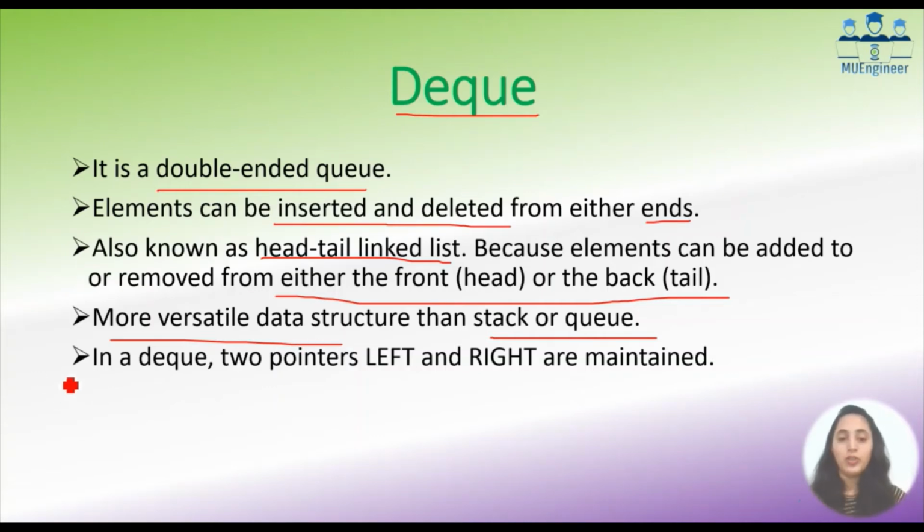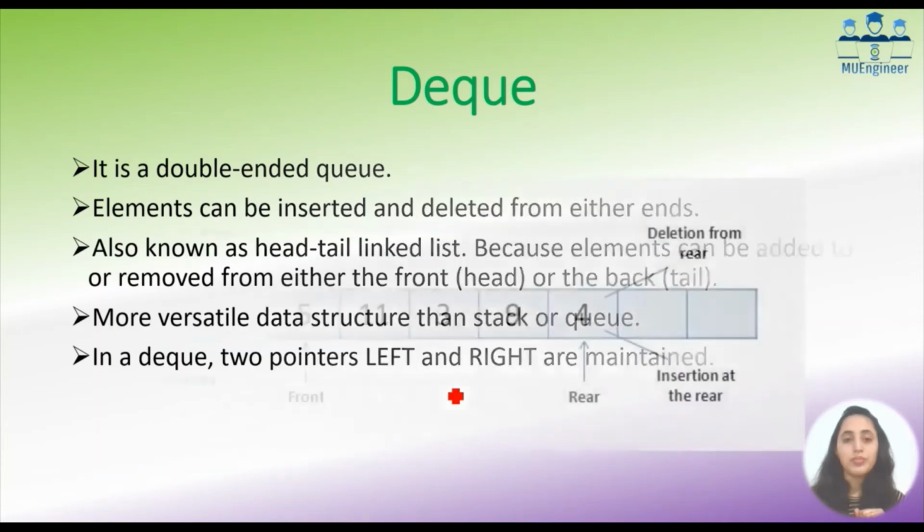In a double-ended queue, there are two pointers, और उसको pointers का नाम हम लोग देते हैं left and right. Instead of saying front and rear, हम लोग उसको left and right बोलते हैं, because it is making that restriction easy, that is you add from the rear and delete from the front. So we call it as a left and right end of the double-ended queue.